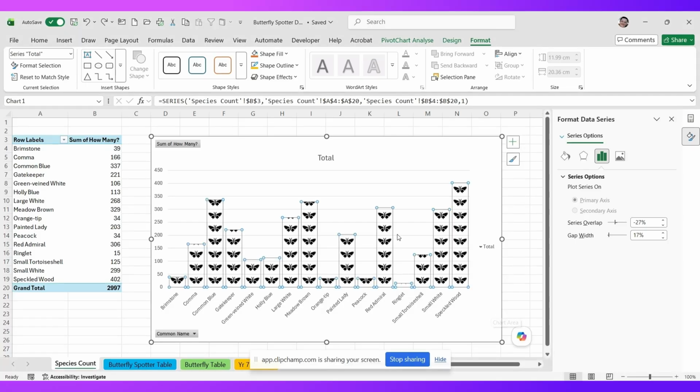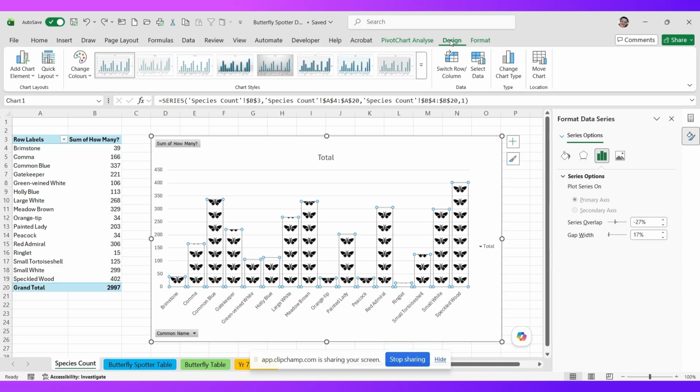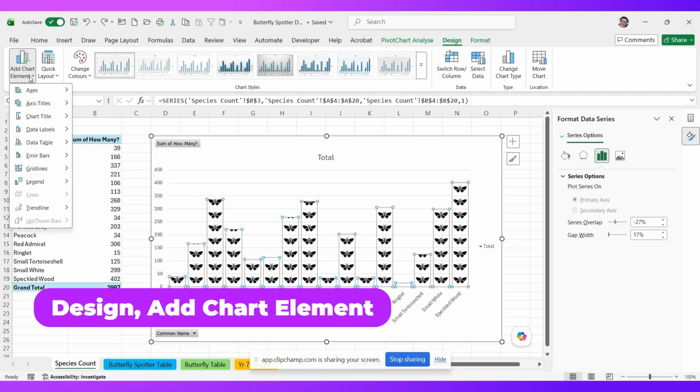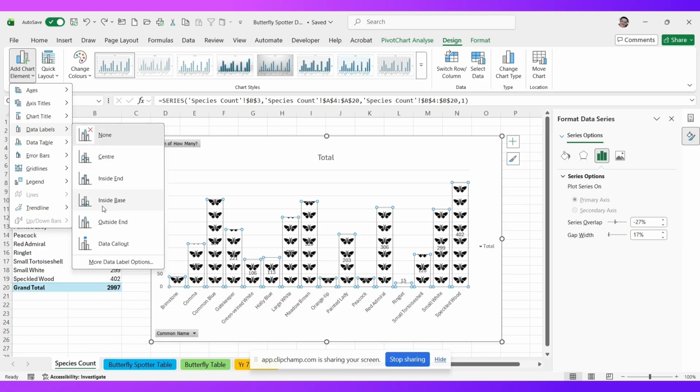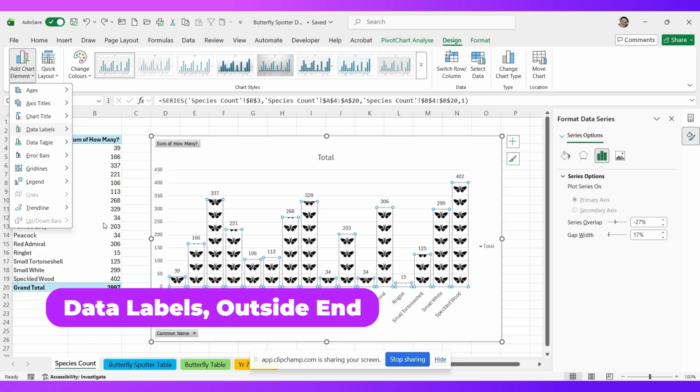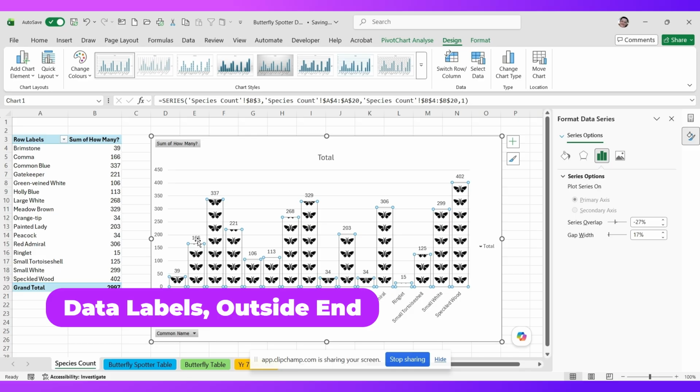The other thing it might be quite nice to do at this point is to put in some labels on my chart. So I'm going to go to the Design tab at the top here. And can you see on the very first button on the Design tab, it's called Add Chart Element. And I'm going to put in, I think, data labels. Now, at the moment, that's set to none. But if I say outside end, for example, can you see that's the number of each species at the top